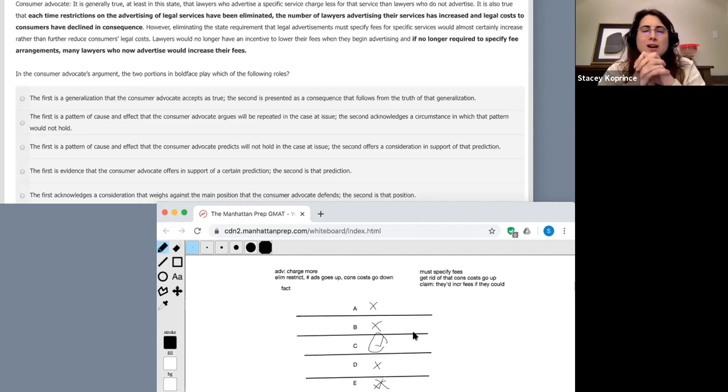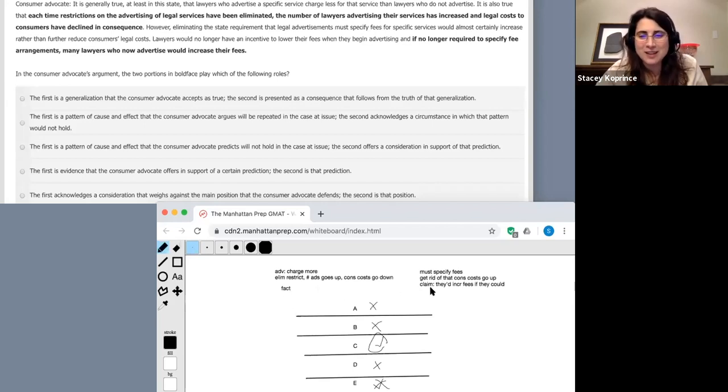Okay. I hate these. Boldface questions are so annoying. And the reason for me that they're so annoying is this language that's so annoying. Down here in the answer choices, it's really important to get super clear up here. And actually the reason that I struggled right at the end there was that there was one thing I didn't do that you really need to do on these, which is to make sure that you know what the final conclusion is. I was so focused on the two bold faces, and I did successfully